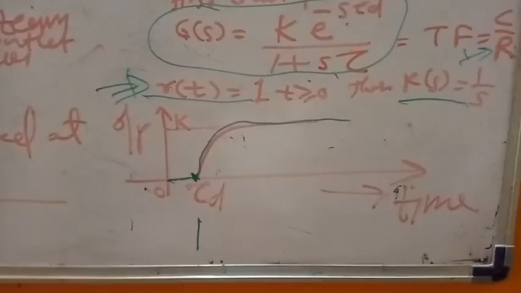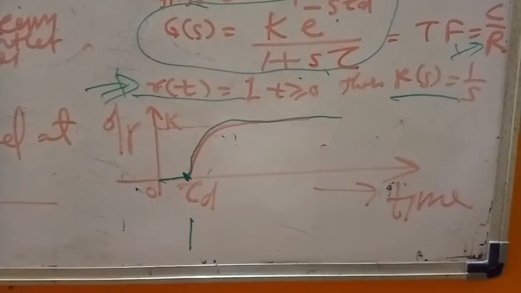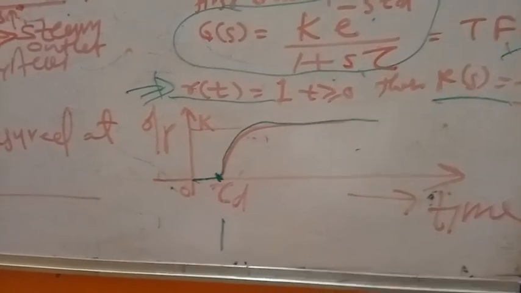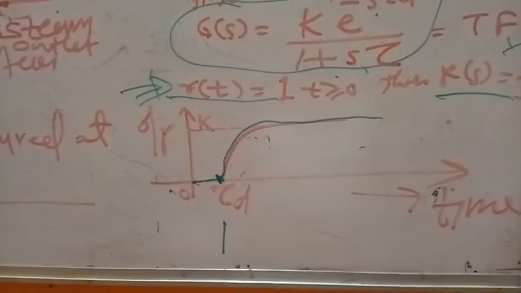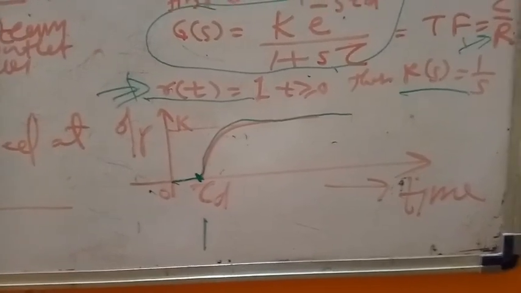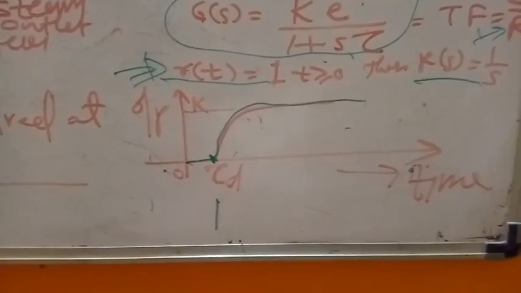In our home also, when we connect a pipe from the tap to the garden and turn on the tap, after some time we get the water at the plant. So this delay is called a